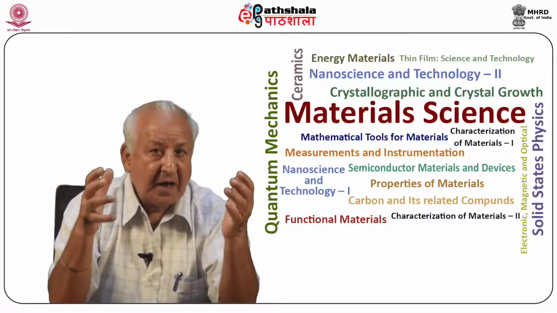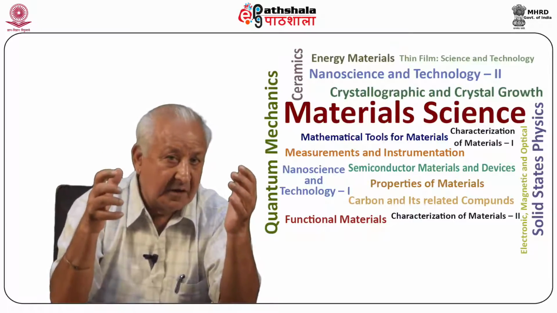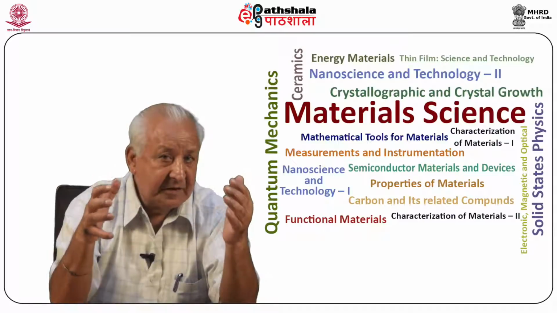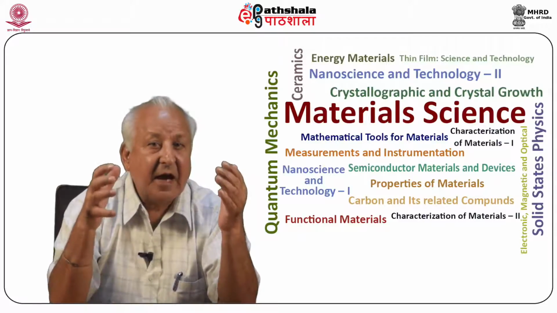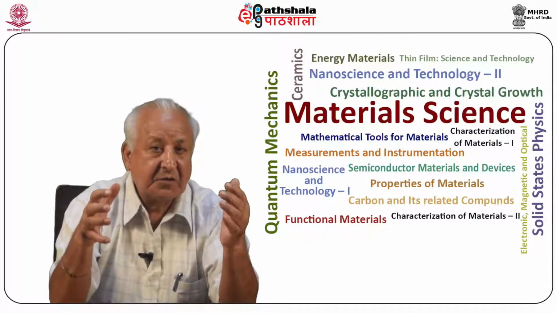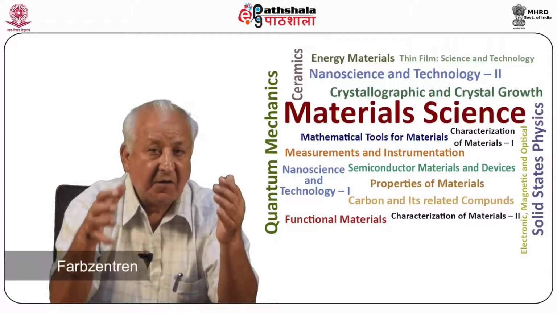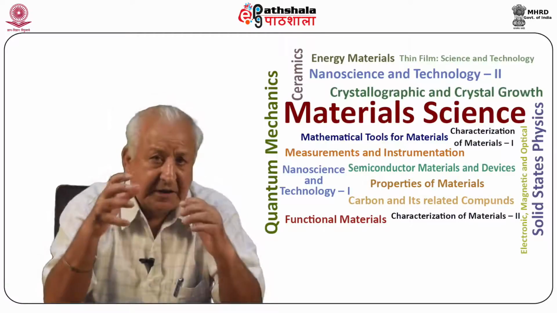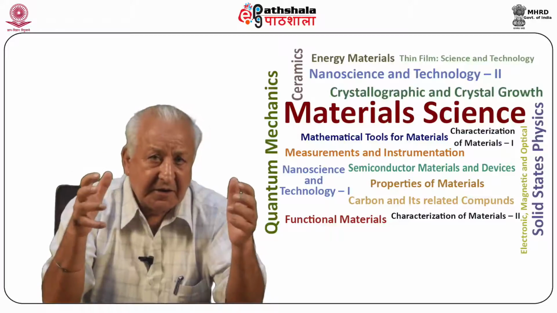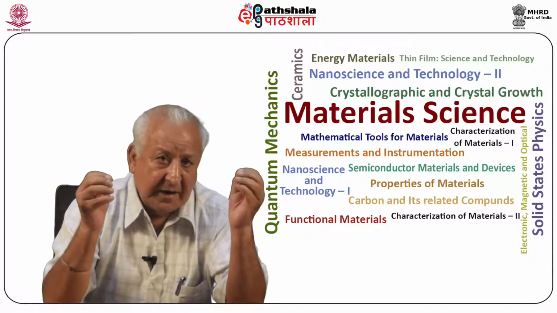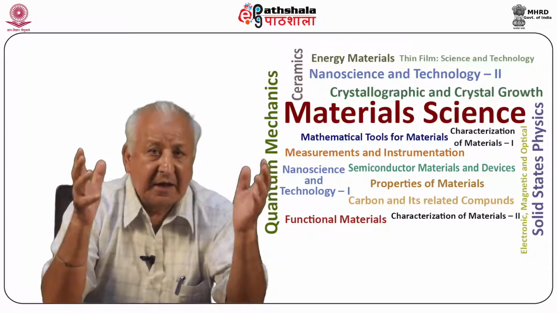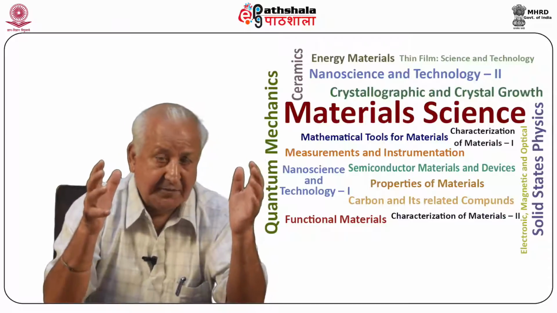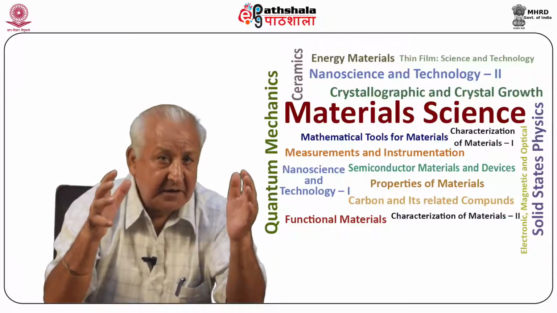Its name has come from the German word Farbe, which means color, and F centers are also named Farbzentren. These centers are generally generated by heating a crystal in an excess of alkali vapor or by irradiating the crystal